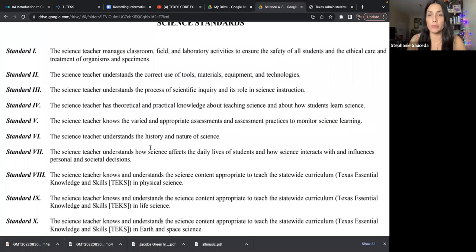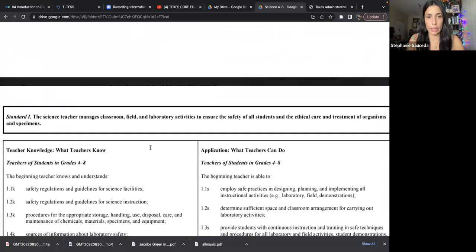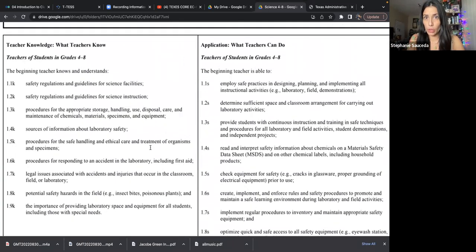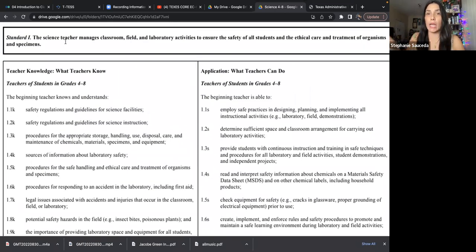We're just going to look at one quickly. You'll see here on the left-hand side, so overarching, you have what the standard's about. You should be able to say, okay, well, this is about safety and logistics. That's how I would, in my own terms, think about this standard, because it's about managing the classroom, managing every environment. Because a science teacher, it's kind of cool, you get to have these different environments, but that means that comes with